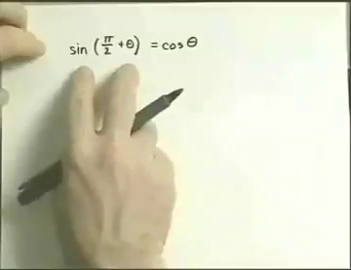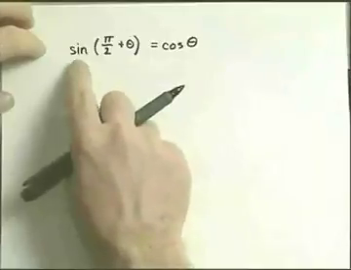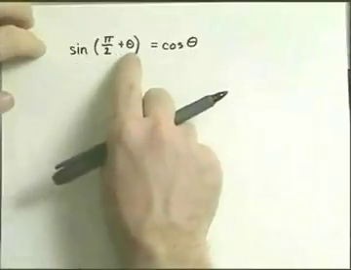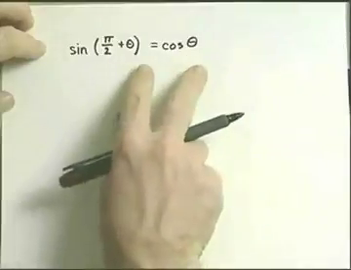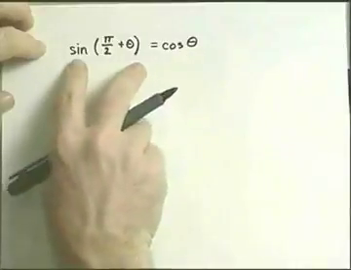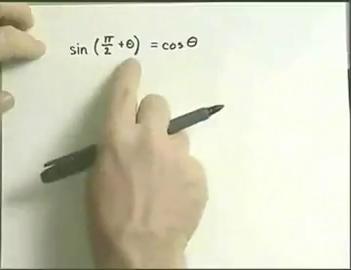We're now going to establish some identities. For example, we want to establish the identity that the sine of pi over 2 plus theta is equal to the cosine of theta. To establish this identity, we're going to simplify the expression on the left using the sum